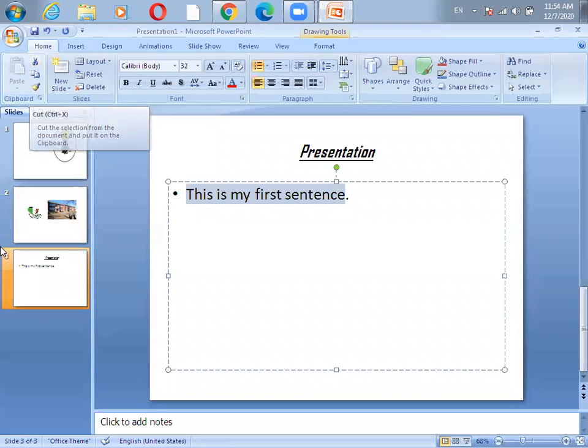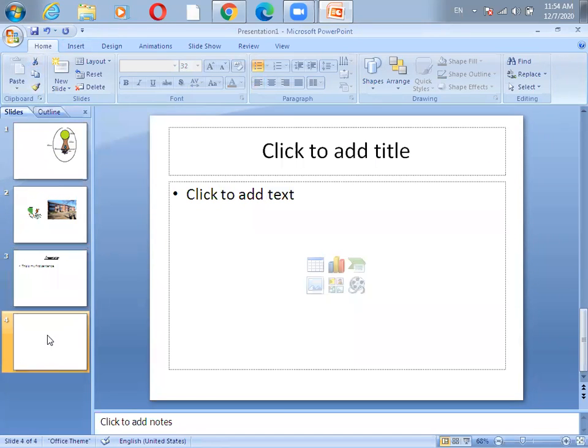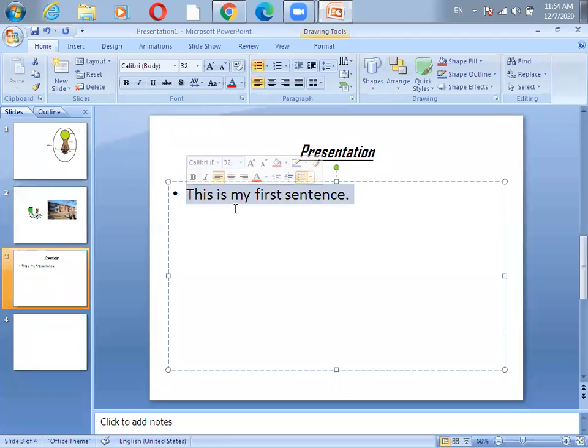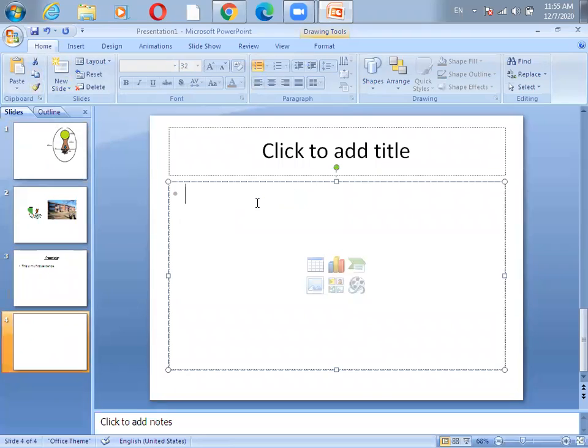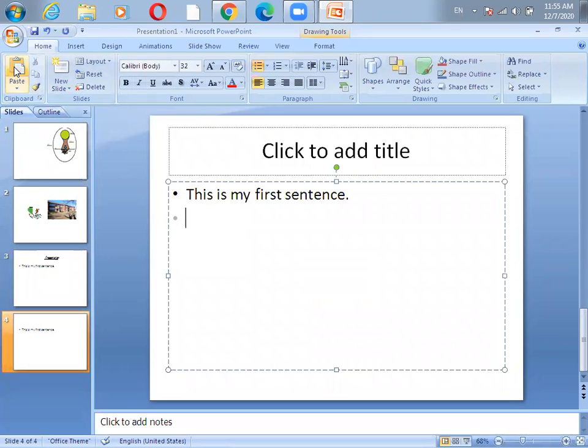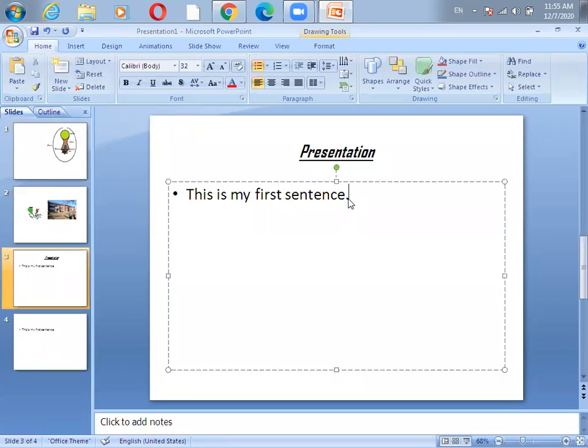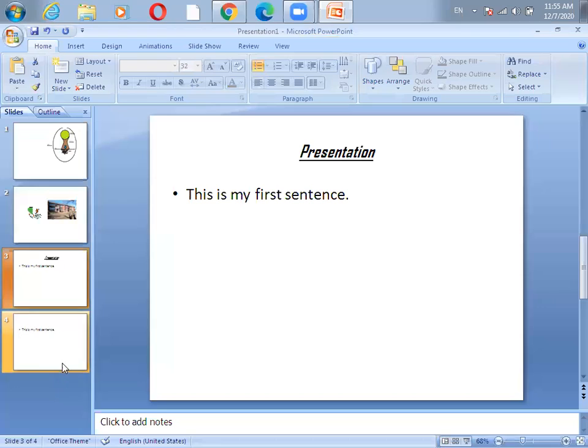If we want to just copy that particular data, then what we'll get, this is our new slide. I'm going to copy this content from here, so I'm going to select this particular text from here, then click on the copy, then we'll move to the next slide and just paste it out over here. But when we move again to the previous slide, we get that text over here again.